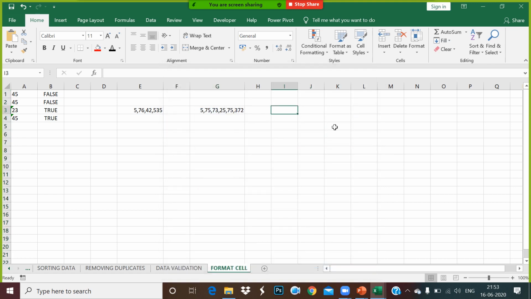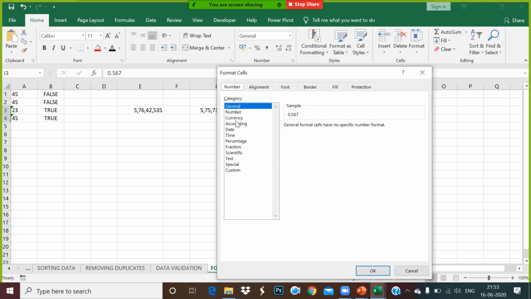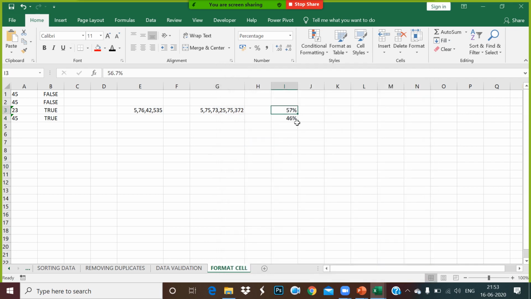So the next part is when you have 0.567 and 0.456. These are decimal values. If you convert that into a percentage, what will happen now? You go to format cell and make it a percentage with 0 decimal values. It's showing as what? 57%, 46%. Yes. Okay. Now, there is a date value which is given as 23/09/2019. What does it mean, guys?